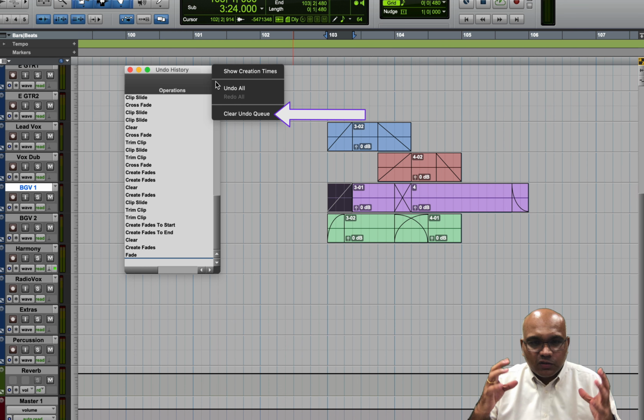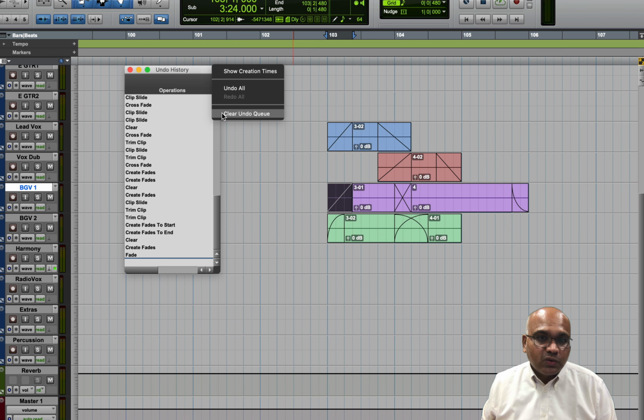So if you think you're done with your session, you're perfect, everything is done, everything is good, but now you want to render the song, you want to bounce out the song, but you need to free up your RAM a little bit because you're using too much of auto-tune, your singer sucks, and you really need your CPU power and your RAM in order to process your plugins. You can come here and tell Pro Tools to